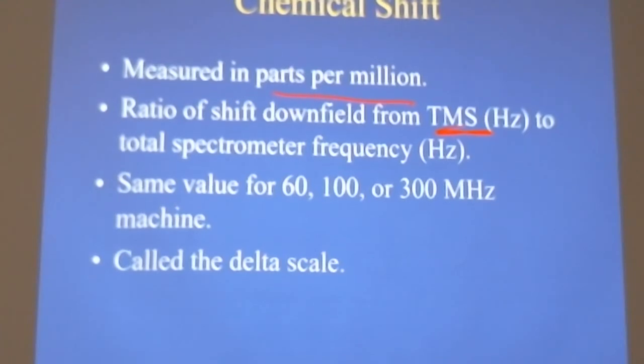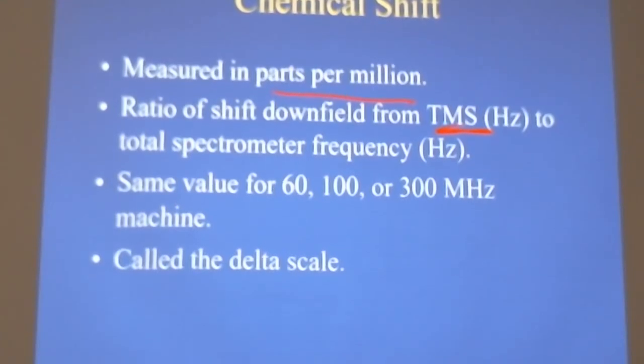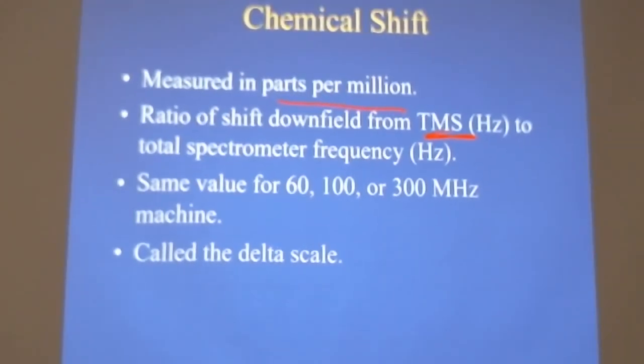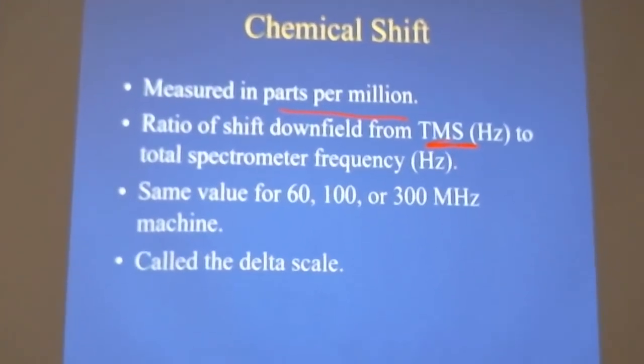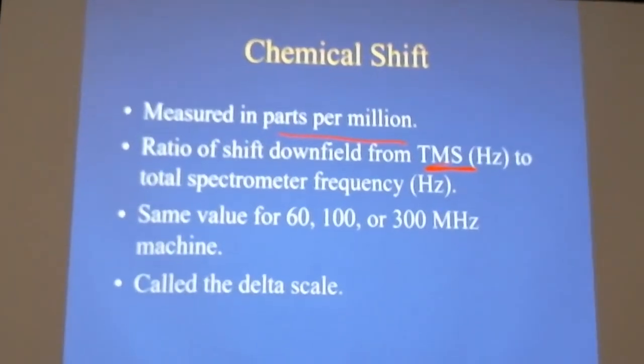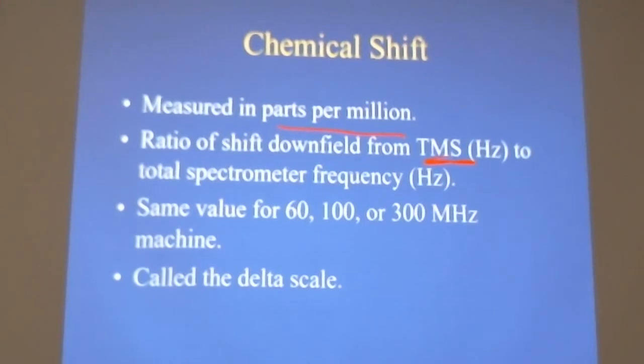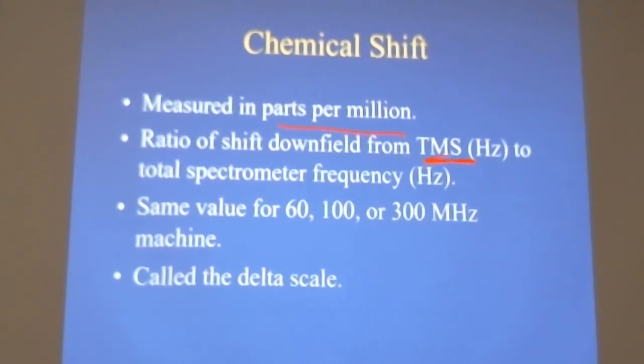I could have 60 megahertz, 90 megahertz, 500 megahertz, 900 megahertz. 500 megahertz, maybe $500,000. 900 megahertz, upwards of $1 million. 60 megahertz,